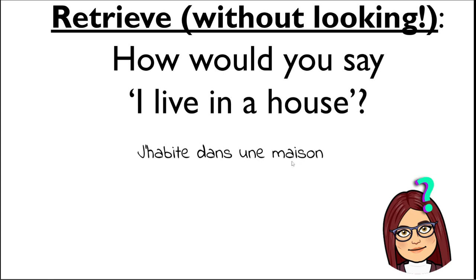Remember, it looked like mansion, but wasn't quite. It was a good way of remembering it. If we all wanted to say, I live in a mansion, that's probably a good way of remembering une maison for a house. Or if you know the word mason in English, masonry is all to do with houses. So that's where the link comes from there. So j'habite, I live in, j'habite, I live dans, in, and une maison, a house.